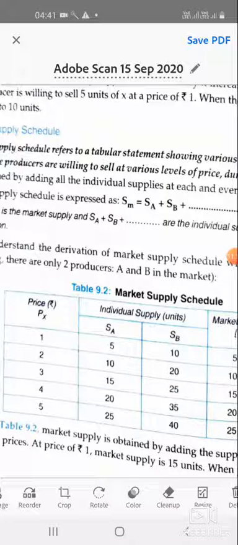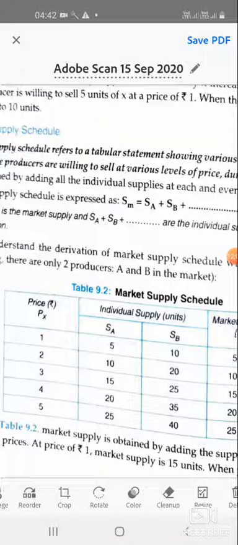Now, the market supply curve is flatter than all individual supply curves because it is the sum or total of the individual supplies. So you will find the market supply curve a little bit flatter than the individual supply curve. It happens because with a change in price, the proportionate change in market supply is more than the proportionate change in individual supply. You will find that compared to price, the supply changes more.